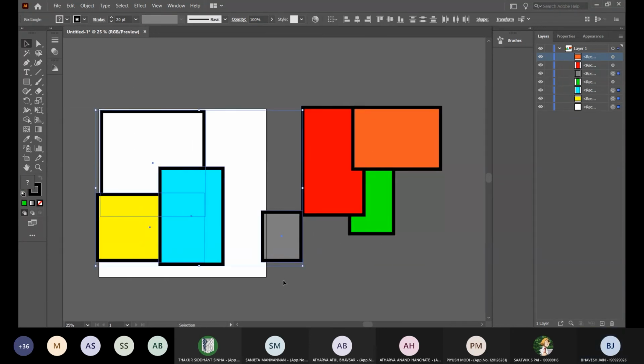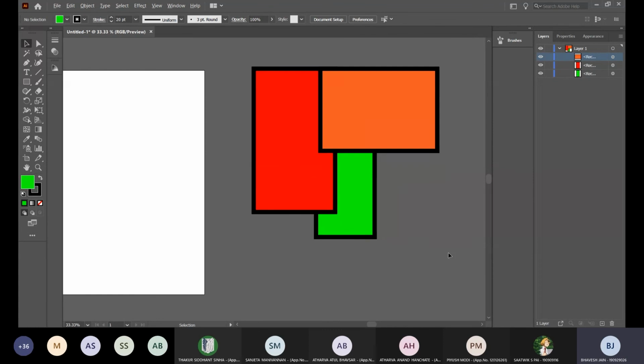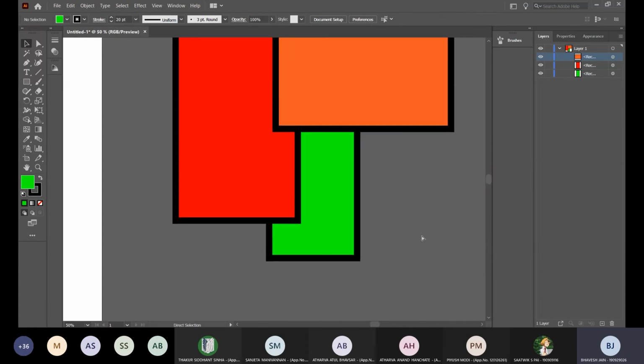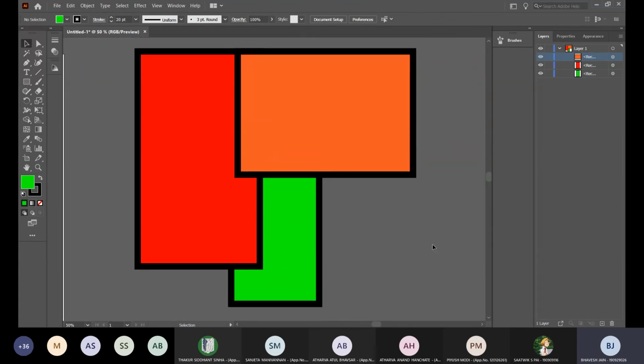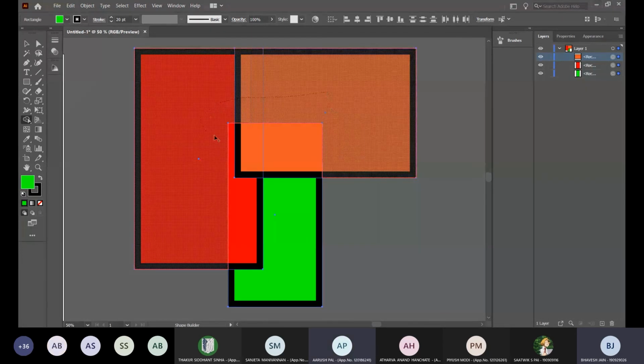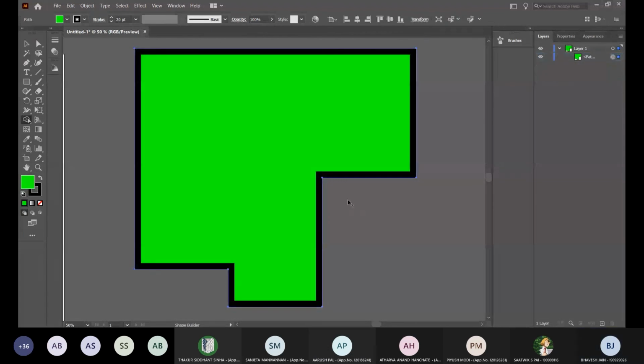Okay, so you guys tell me now, which is the top layer? Which is the floor on the top? What color is it? Orange. Top layer is orange. What is the bottom layer? Light green. Perfect. If I hit Shape Builder, what do you think will be the color of the entire shape? Any guesses? Orange. Orange. You guess right on the first attempt. Not very good. But it's green. Surprise.